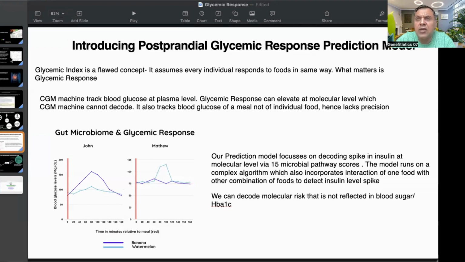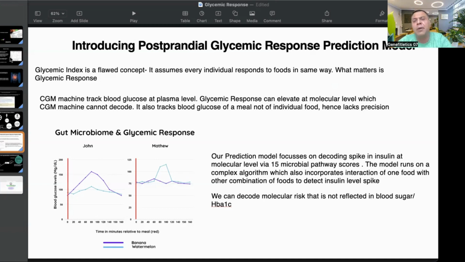We also see certain metabolites, which are basically amino acids, that can impact your insulin sensitivity at a molecular level. For instance, as I mentioned, histidine released as enzyme propionate can dysregulate your insulin sensitivity, or tryptophan converted into indoxyl sulfate, or tyrosine and phenylalanine converted into p-cresol, which can elevate your blood glucose levels, right?